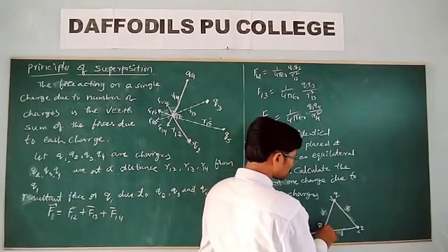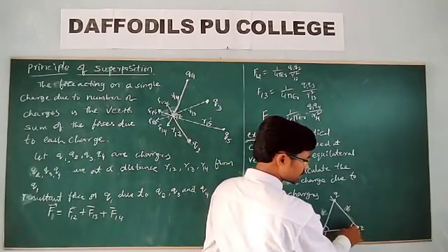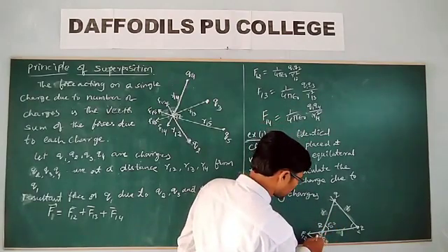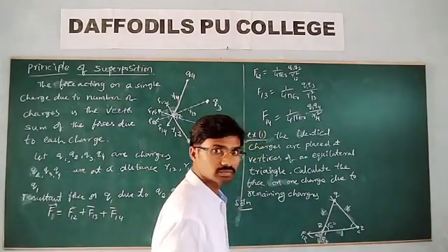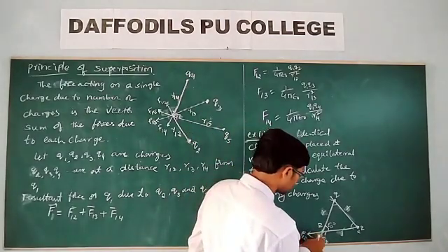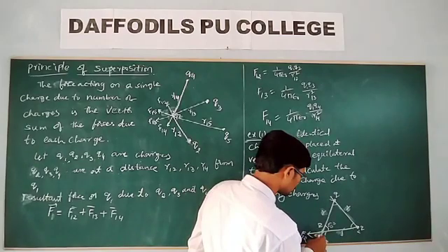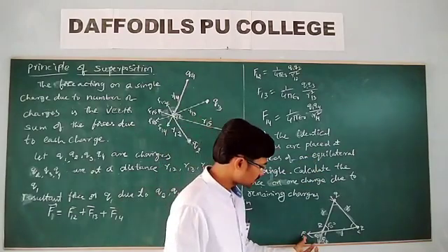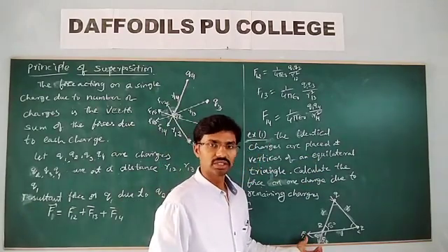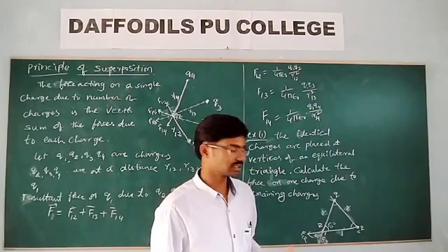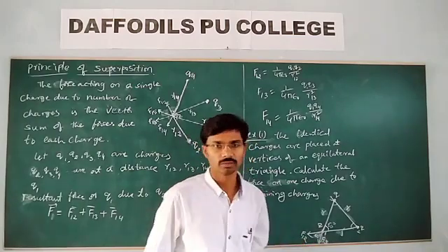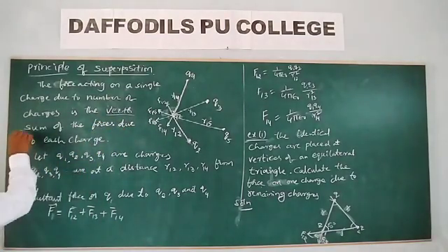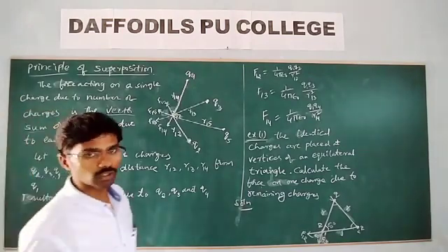Now tell me, what is this angle? 60 degrees. What is this angle? 60 degrees. And this angle? 60 degrees, and this one is also 60 degrees only. Now we need to find the resultant of these two forces. If it were an algebraic sum, we would just add F1 plus F1. But what we have to take is the vector sum of the forces, not the algebraic sum.